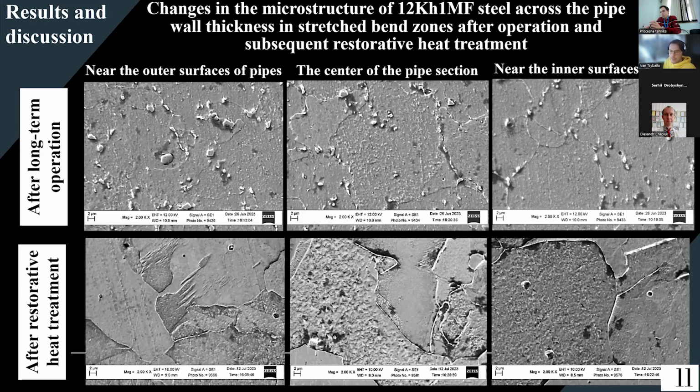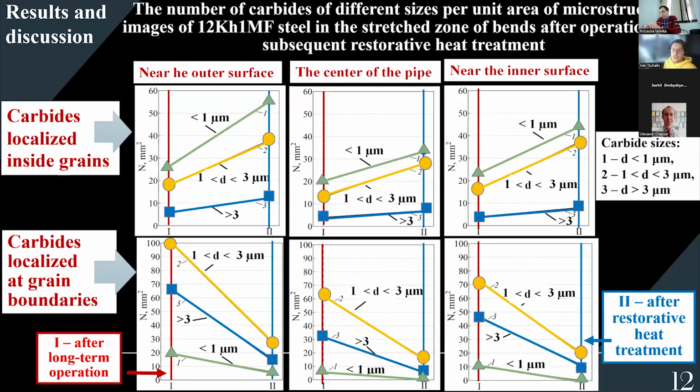the metal. However, after restorative heat treatment, due to the complete recrystallization of steel structure, unhealed voids on large inclusions, which lost the cohesion with the matrix during operation, relocated inside the grains. Therefore, their role in the process of creep involving the boundaries of newly formed grains by heat treatment will be secondary. The number of carbides of three different sizes per unit area of microstructure images of steel in the